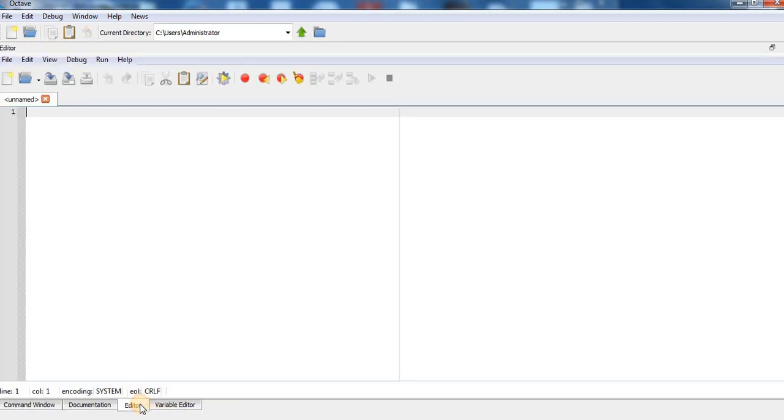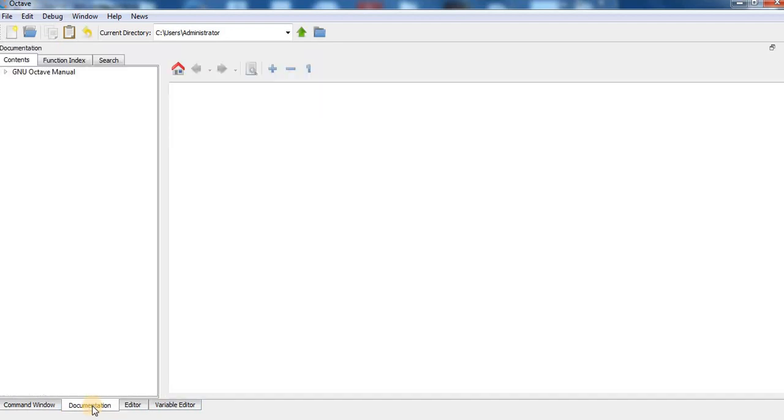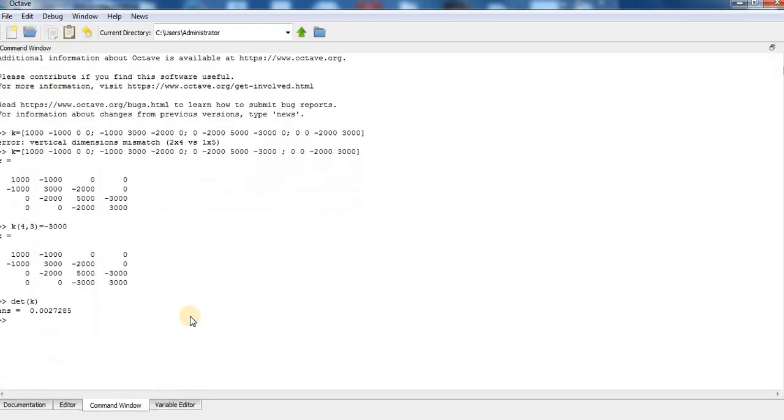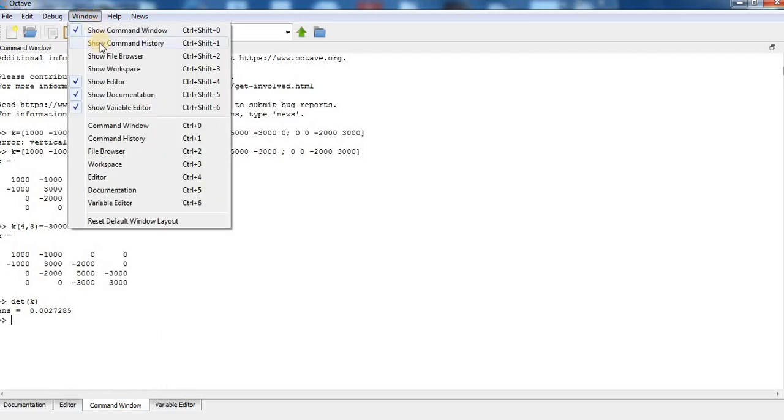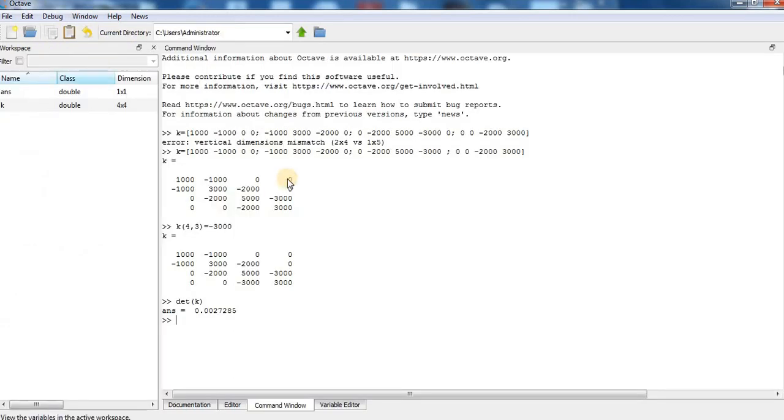I am trying to make the screen smaller. Window, show command history, show browse, show workspace. This is what I want. Okay, because the answer thing was not clearly visible. Okay, now